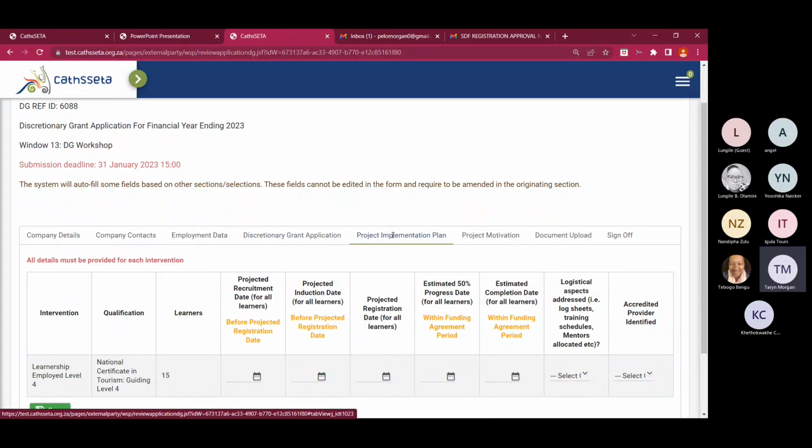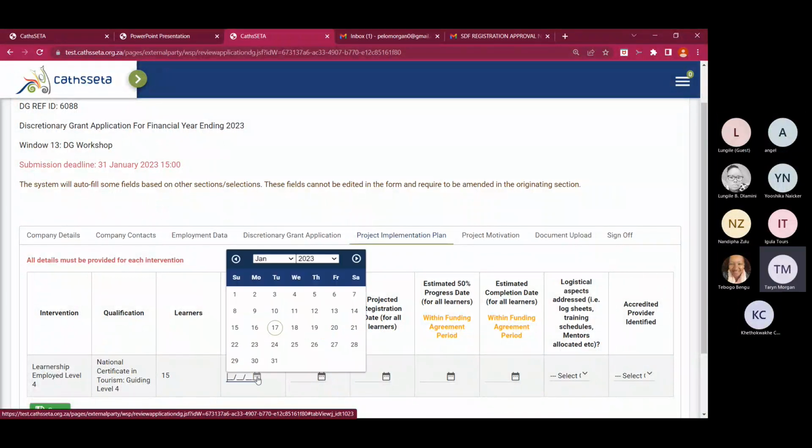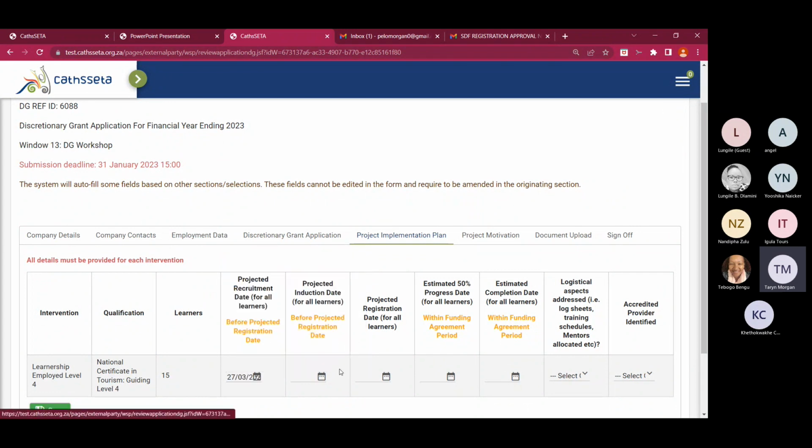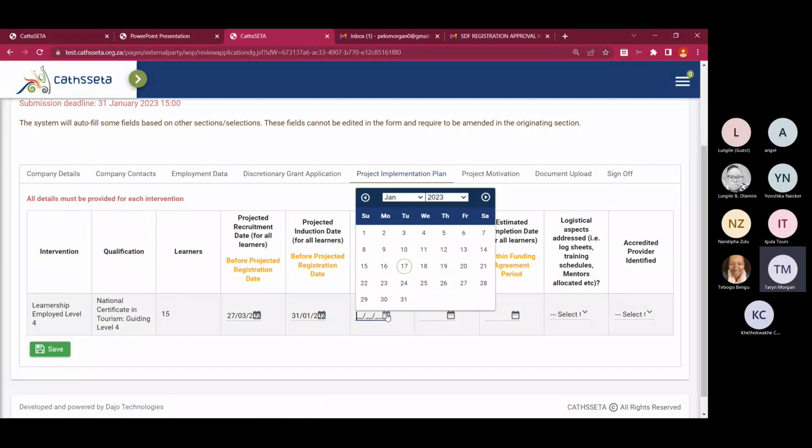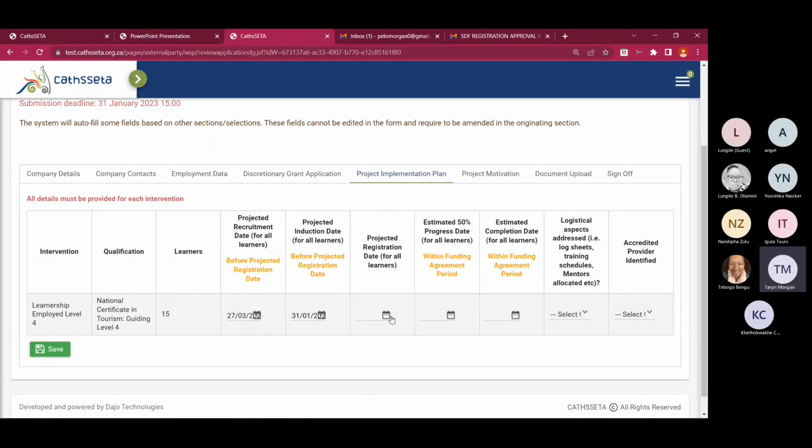Upon clicking on the project implementation plan, you'll be presented with the information that you've captured. We'll show the intervention, the qualification, and the number of learners. You'll then be required to indicate the project recruitment date. So you need to click on the calendar and say when you want to recruit learners, and then the project induction. Please note that this is for training purposes, so I'm just selecting random dates. I'll then indicate the project registration date,